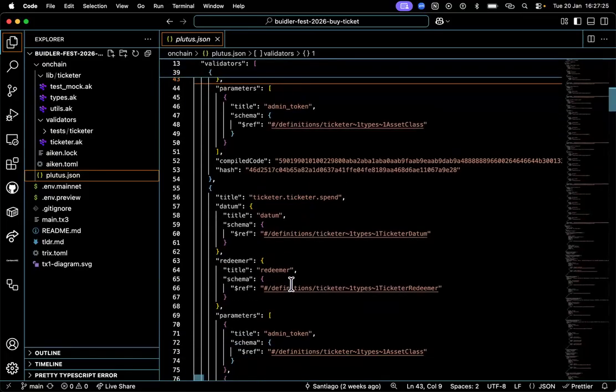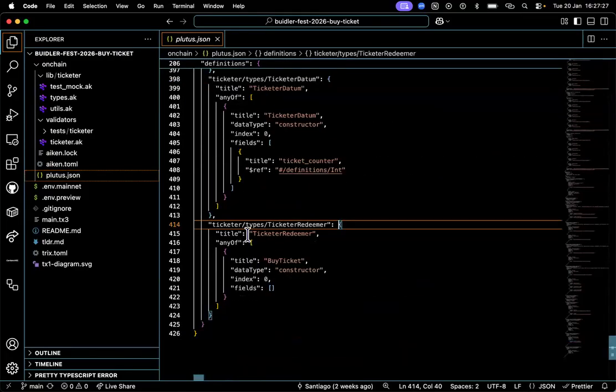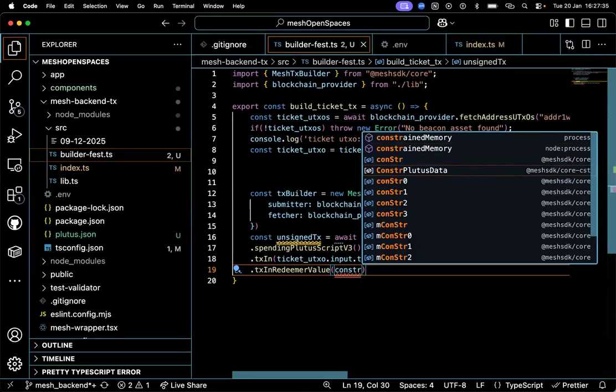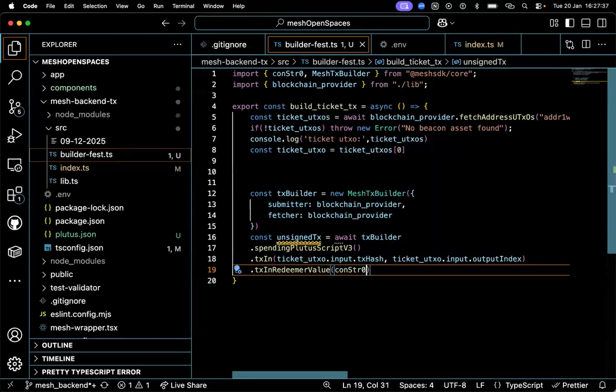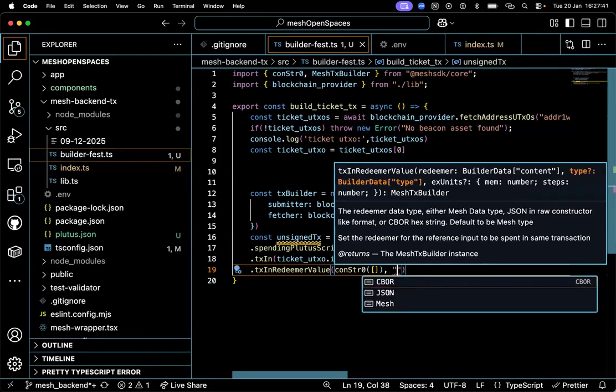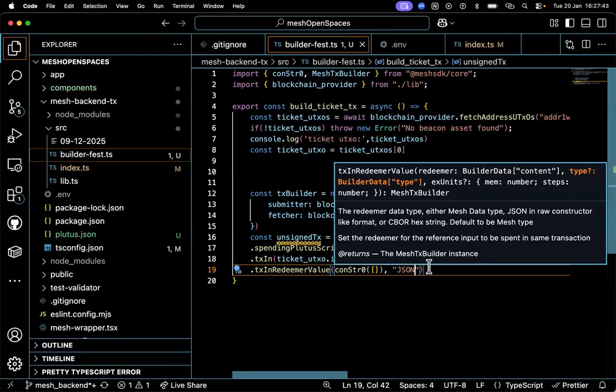Ticket means this ticket spend, and the ticket redeemer should be constructor zero and an empty field. And that is what I'm going to pass here: constructor zero of an empty field. And we are going to add the type as a JSON redeemer type.